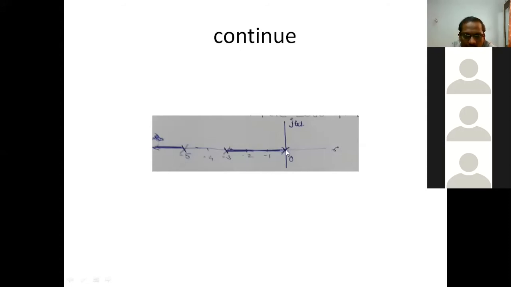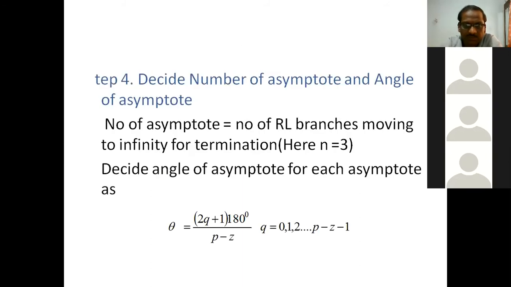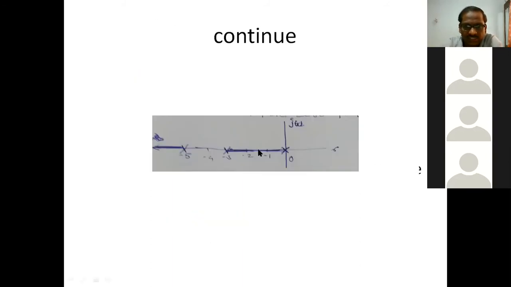And while applying this root locus real axis loci rule, we should not apply this rule to the given open loop poles and zeros, because these given poles and zeros are by default a part of root locus. Root locus will always start from an available pole, and if a zero is given, then one of the root loci will approach that. That means given open loop poles and zeros will always lie on root locus. So we need to apply this rule just to check the segment between given poles and zeros, like in between 0 and -3. We want to test whether the real axis segment between s = 0 and s = -3 will lie on root locus or not.